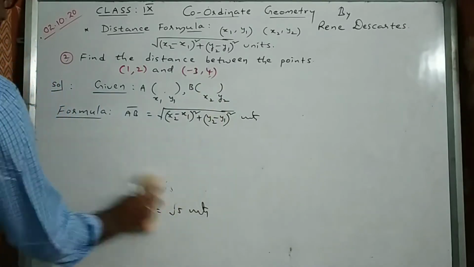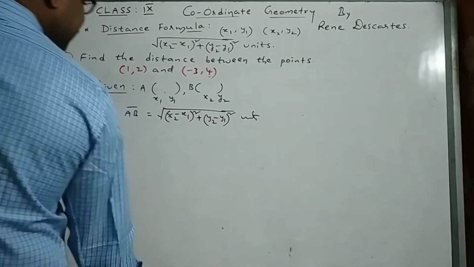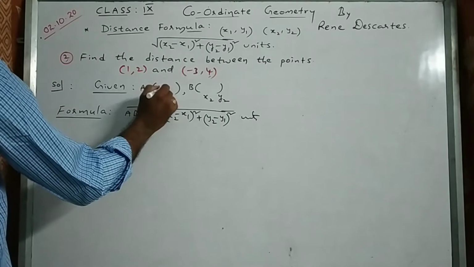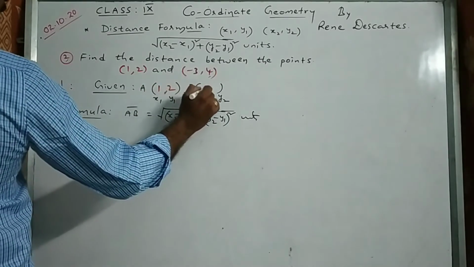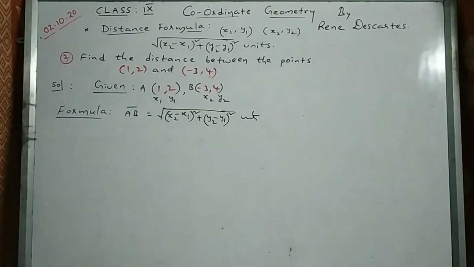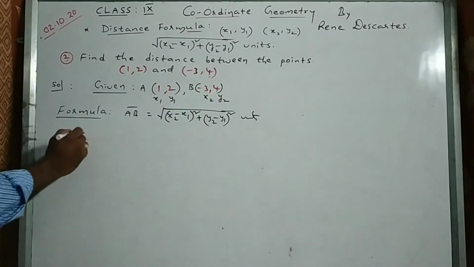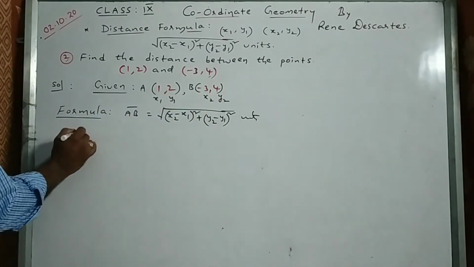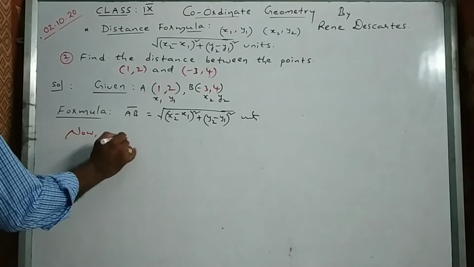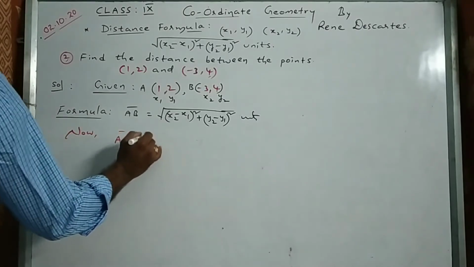Consider x1 y1, x2 y2. So find the distance. Now AB distance is equal to square root of